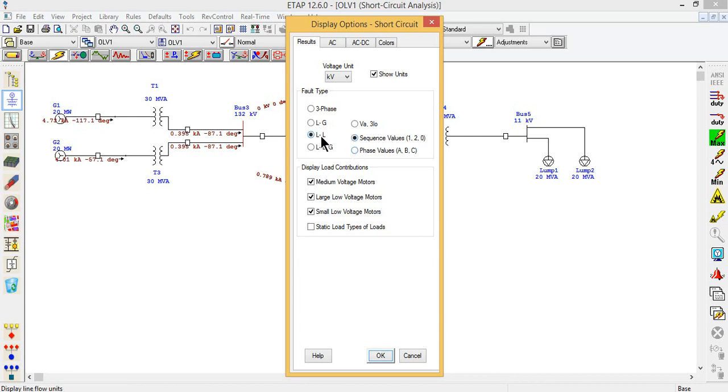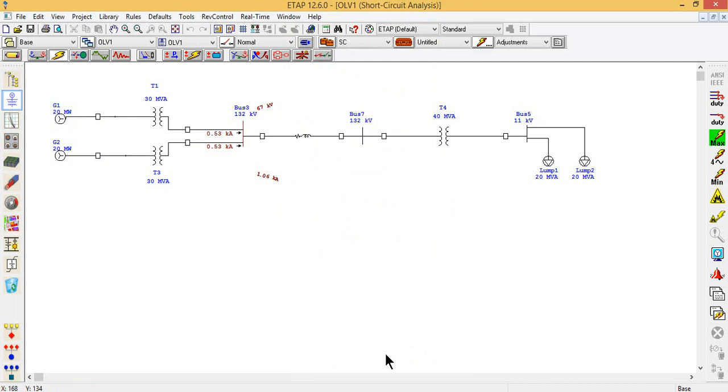Similarly, when we are doing line to line, we can also view it in these three forms, and line to ground, again we have these three options. So at the moment, let's select single line to ground fault, and I want to select the first option. So it is showing me that the system voltage is 67 kilovolts and the total current is 1.06 kiloamperes.